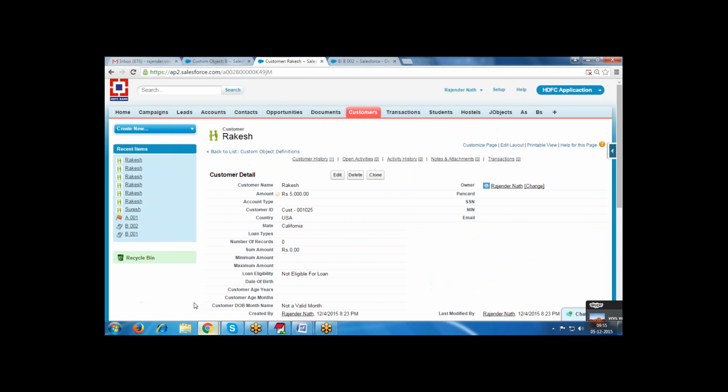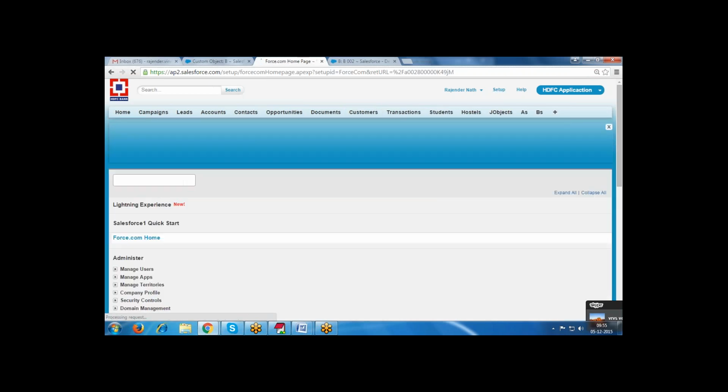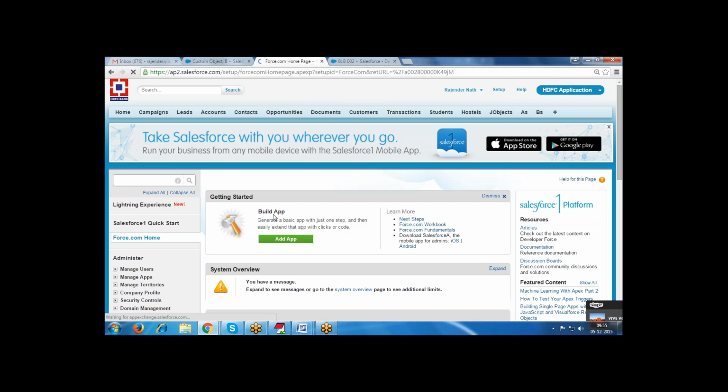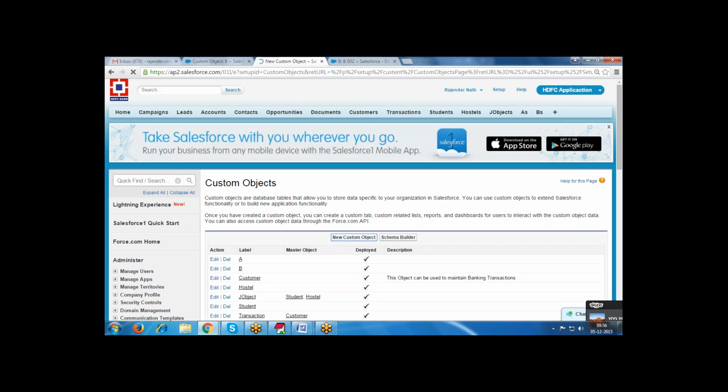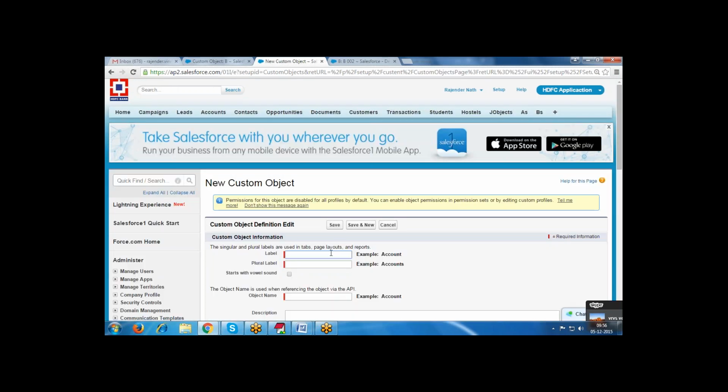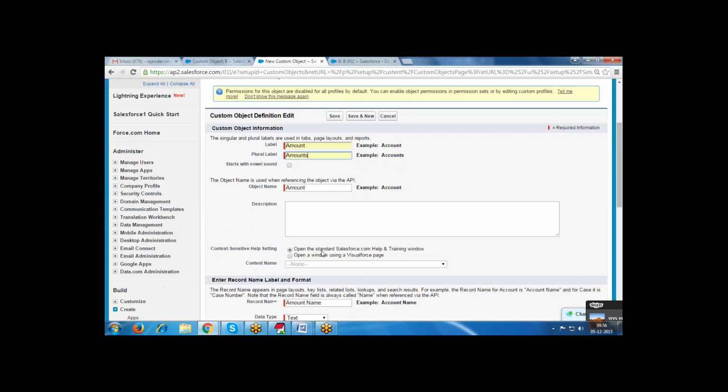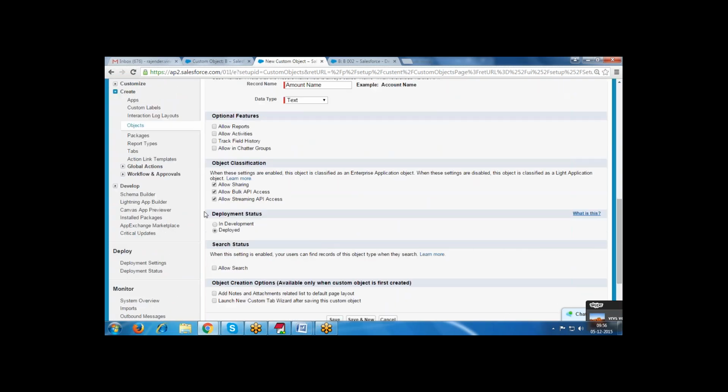So I'm creating three objects. I'm creating amount.